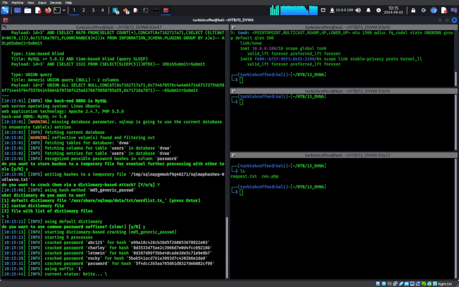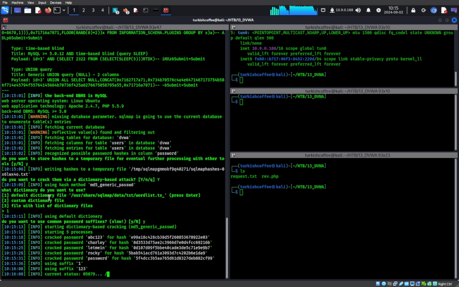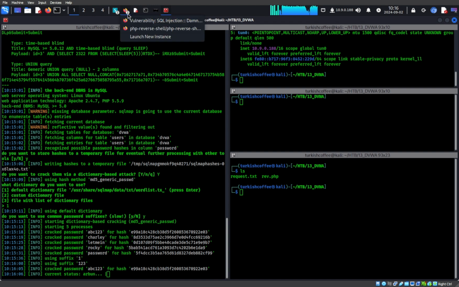So we were able to extract hashes from the database and crack them. So this is a very good job, right? We can do this manually, but it takes way longer than this. Okay, so while it still works, I want to show you